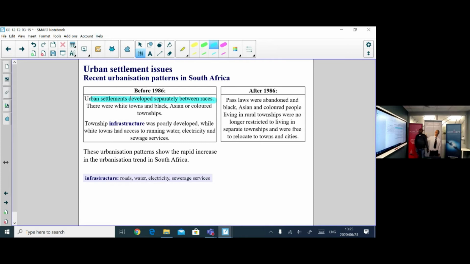It means it was a criminal offense to find a white person staying in Soweto, and it would also be criminal for a Black person to be living in, let's say, a white town. There were white towns and Black, Asian or colored